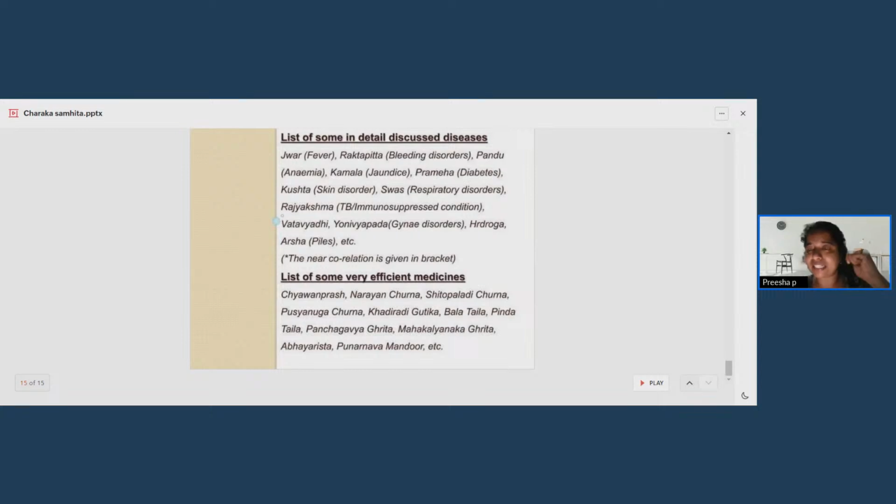These are the important areas where assertion-reason questions can be asked, especially Pippali, Kshara, and Lavana. Like Pippali, it is Sadadam Upayujyamana. Pippali, Kshara, and Lavana, like that the question can be asked. So Sadadam Upayujyamana is Pippali.